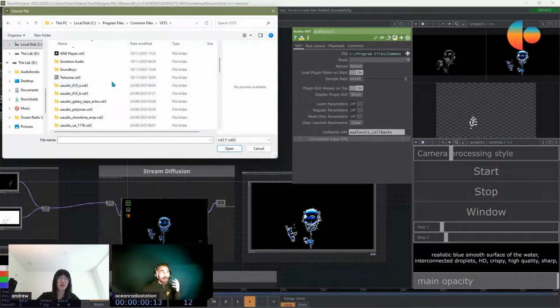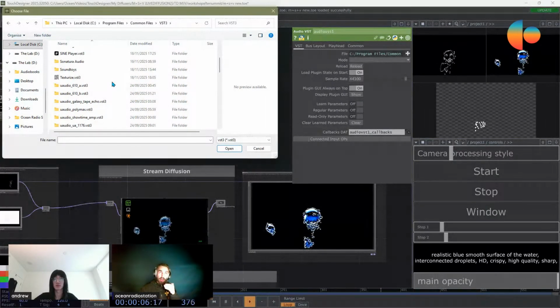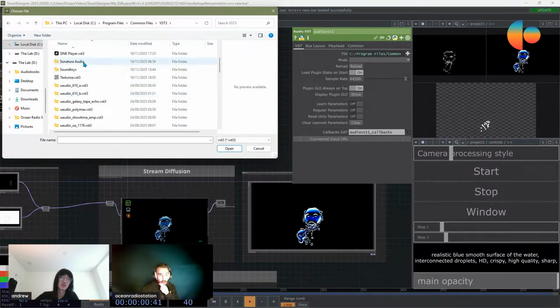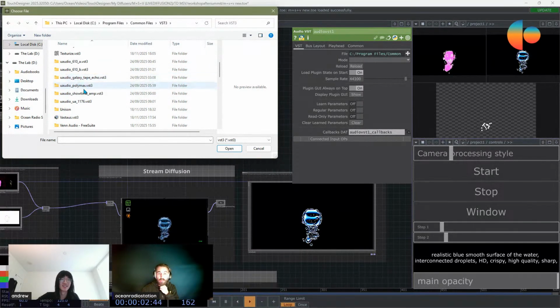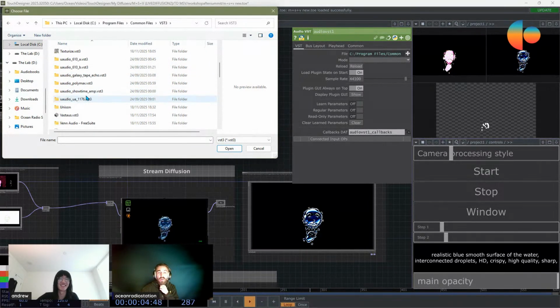If you have an external input, like your instrument through a sound card, or a sample launched from Ableton, you can use this VST inside Touch Designer to manipulate audio. You don't need Ableton actually. You can make everything in Touch Designer.